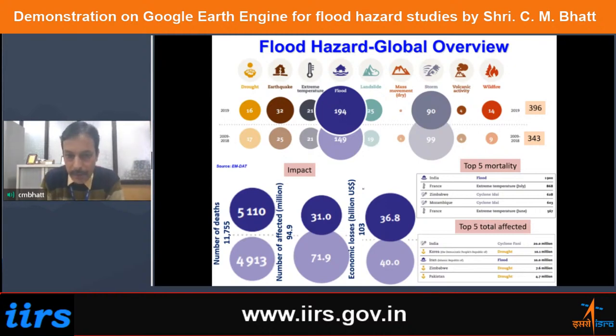And these flood hazard events are not only increasing in number, but their severity is also increasing. And every year we are facing a very unique type of flood event. You can recall some of the previous events, whether the Kerala event of 2018, Chennai floods of 2015, the 2019 floods of Bihar, or this year Chennai or Tamil Nadu and Andhra Pradesh, or Tirupati, in fact, is facing heavy rains, and there are a lot of casualties due to this extreme rainfall event and the subsequent